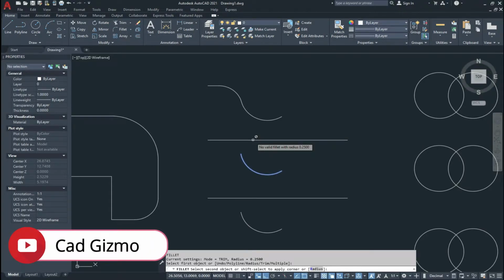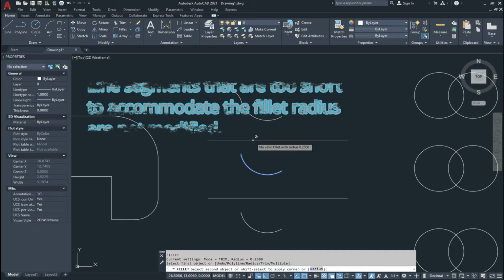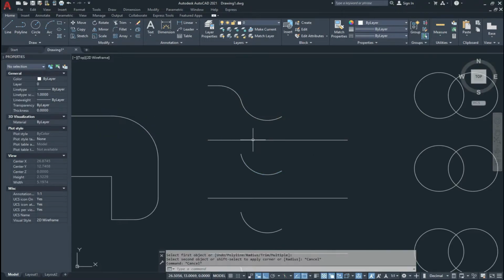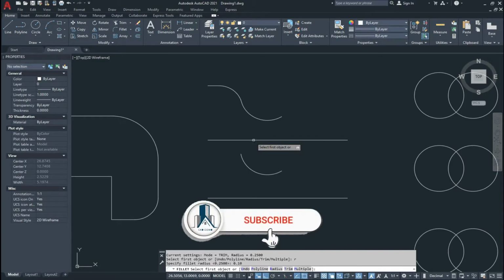Note that point: if the line is too short to adjust the fillet, then the fillet radius does not apply. So we reduce the radius of the fillet. For that, go to radius and make it 0.10, and now click the arc.